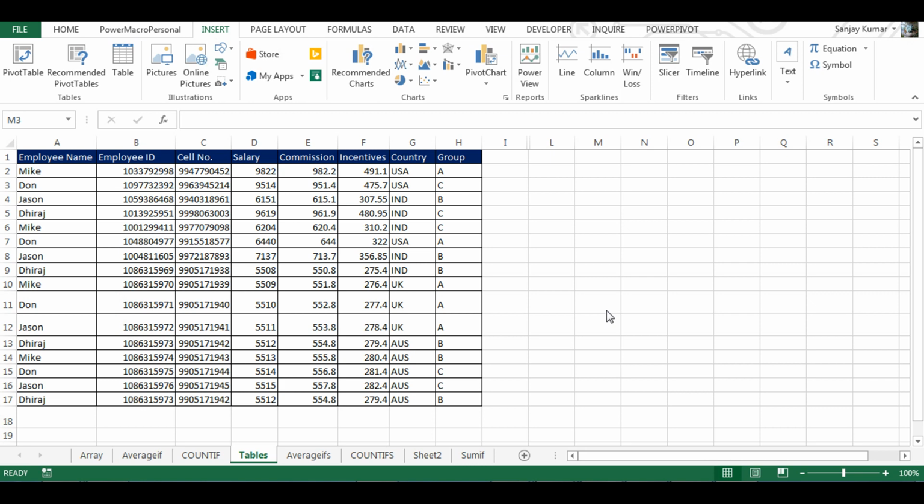So like other examples, we have a small table here. This is the employee table that has employee name, ID, cell number, salary, commission, incentive, country and group. So you may have a question in your mind that an Excel spreadsheet is itself like a table, then why do we need tables? So a table gives you